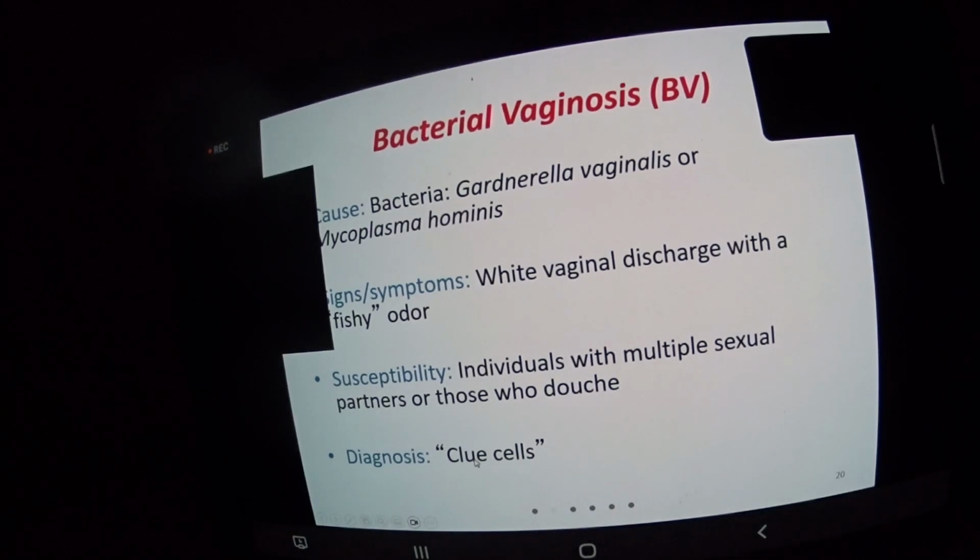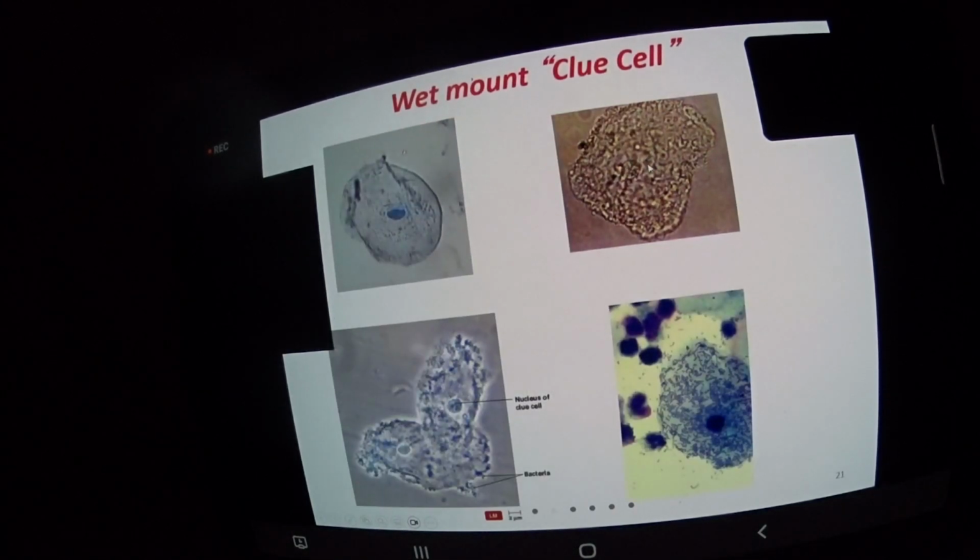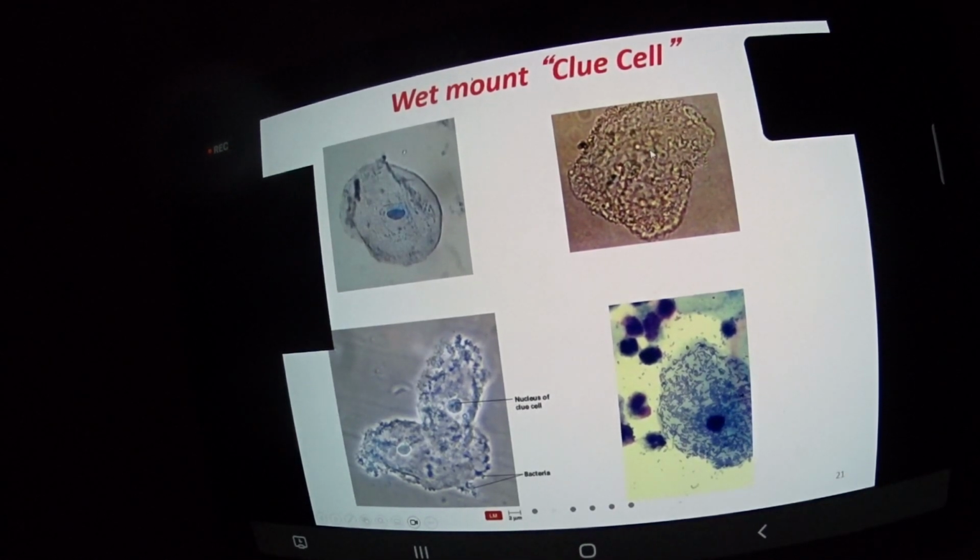And for diagnosis, they take a sample and look at it under the microscope when they stain it, and these are the clue cells. So these are epithelial cells of the vaginal tract. This is the healthy one, and then clue cells are completely covered with bacteria all over. So that's a clue cell, and this one is one of the best ones. You're seeing all these other white blood cells too, and then you see epithelial cells and all of these bacteria growing on it. So that tells them there's a bacterial infection.